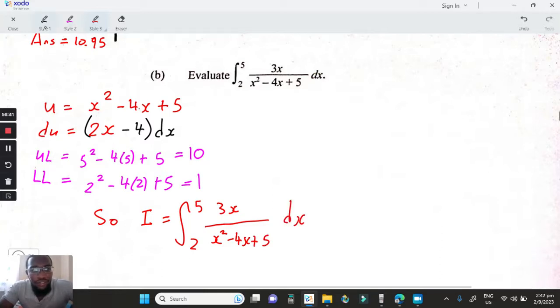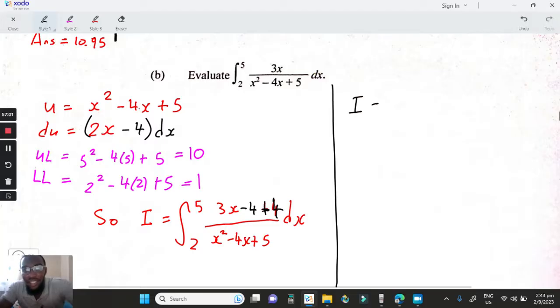In order to get this minus 4, I'm going to put a minus 4 in the numerator and a plus 4. Minus 4 and plus 4 cancel each other, so I'm not doing anything wrong. I'm rewriting the integral from 2 to 5 of, I'm changing it to,